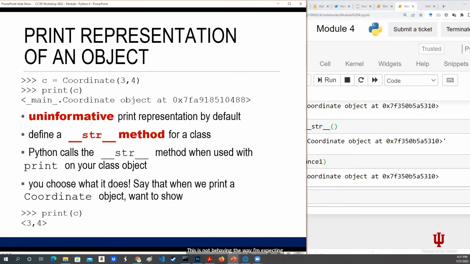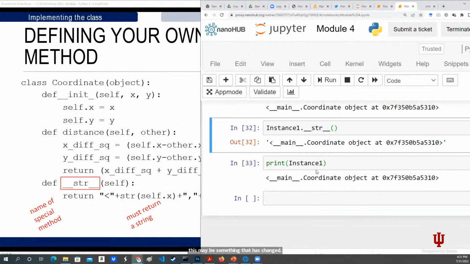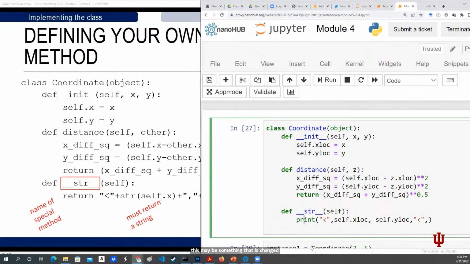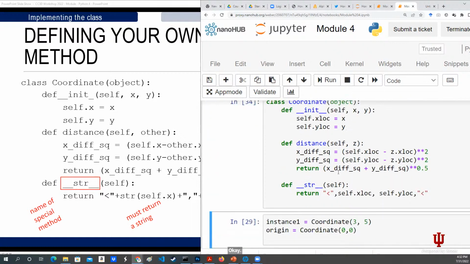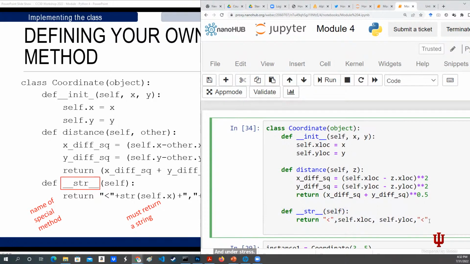This may be something that has changed. Oh, I got to return this. Yeah, no, it's my fault. I need to return it and not just call the print statement. Okay, you got to run this again. Sorry about that. So when you set up in your object a dunder string method with a return statement, and then whenever you print coordinate,